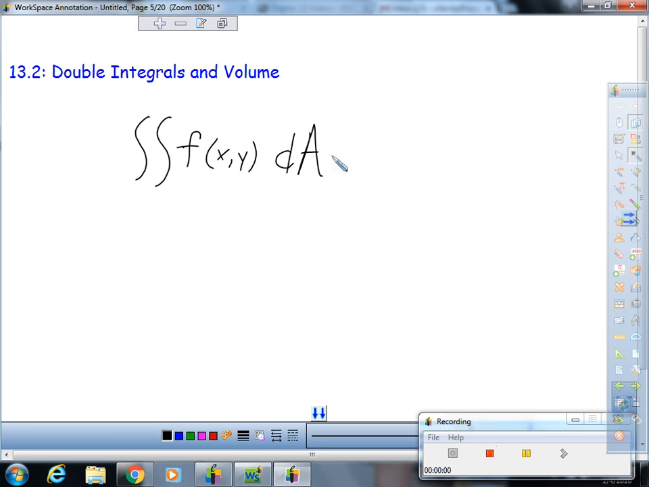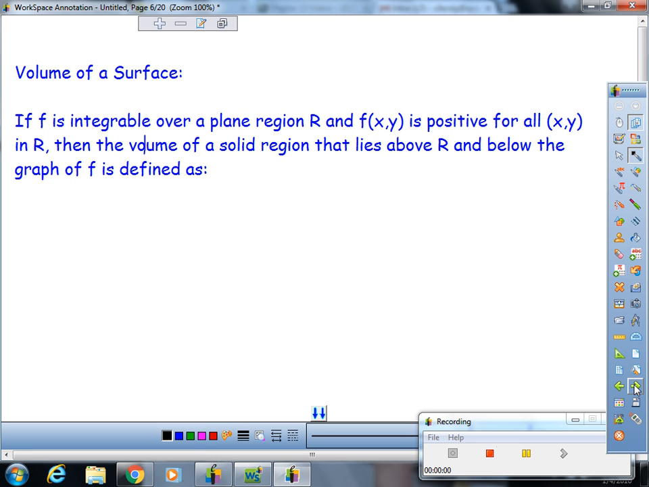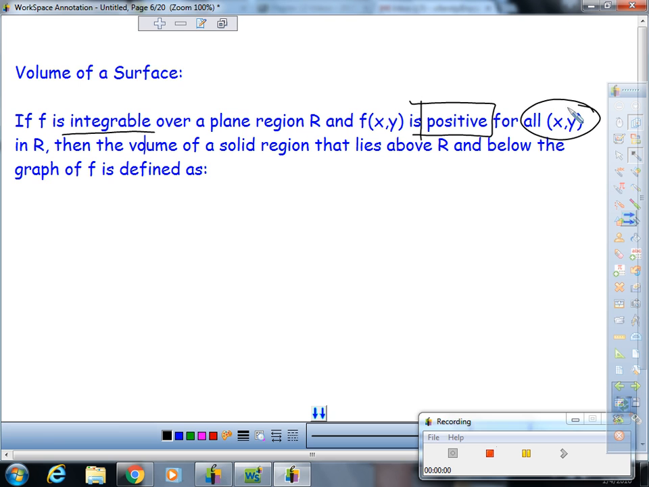Let's explain this formula a little bit more. This is the definition of the volume of a surface. Notice that our plane region R has to be integrable and it has to be positive for all of these points in the region. That doesn't mean that the function has to be strictly positive, it's just got to be positive in the region. Then the volume is defined, as I said, as V equals the double integral of f of x comma y